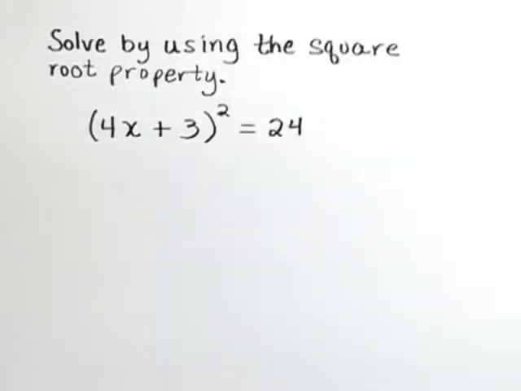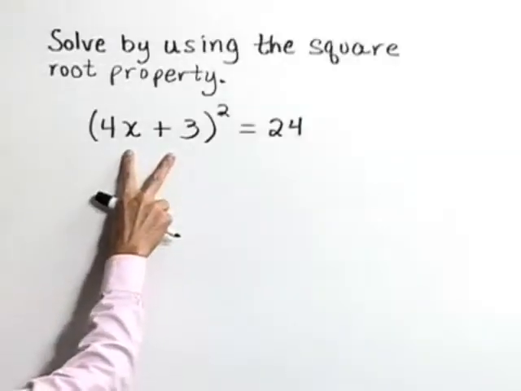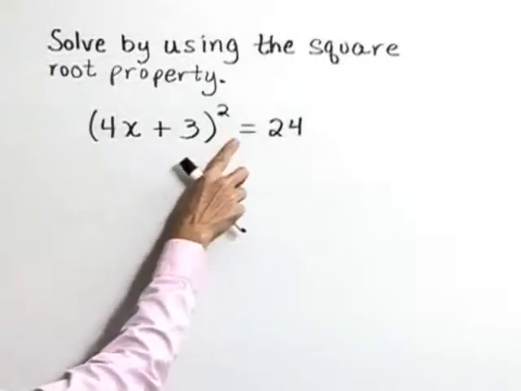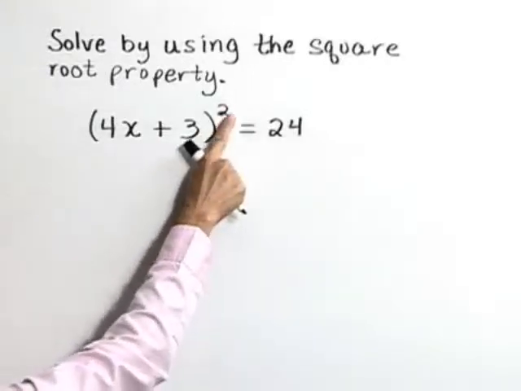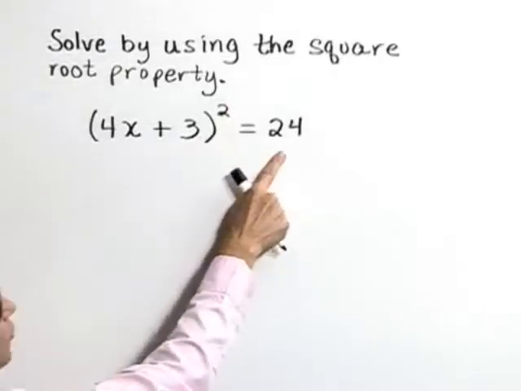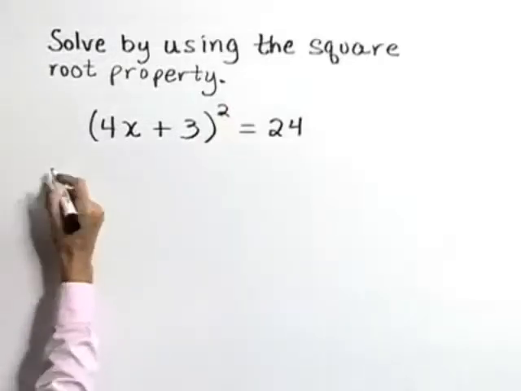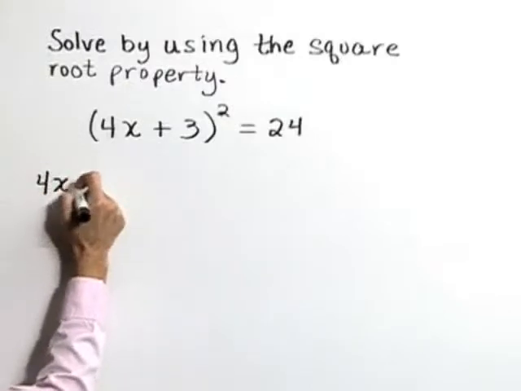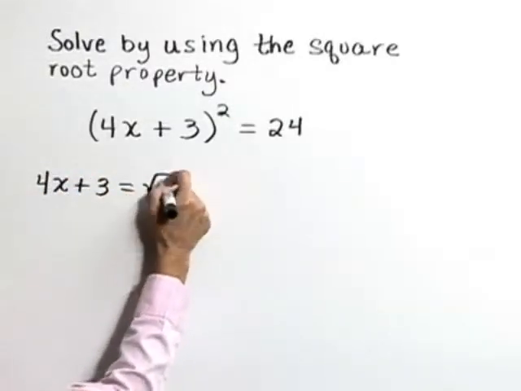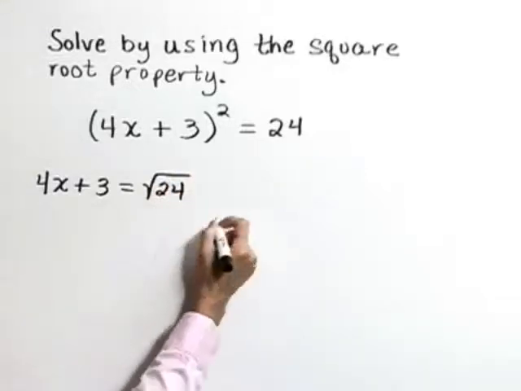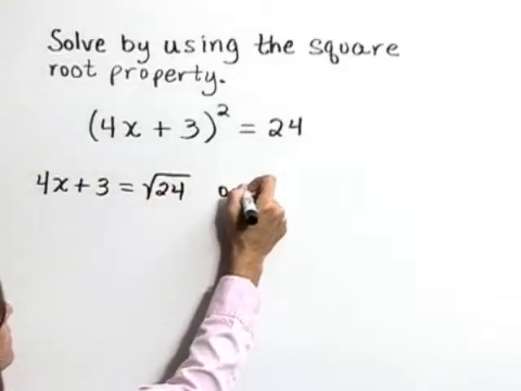Solve by using the square root property. We have the quantity 4x plus 3 squared is equal to 24. Let's start by getting rid of our exponents by taking the square root of both sides. So 4x plus 3 on the left is equal to the positive square root of 24, or taking the square